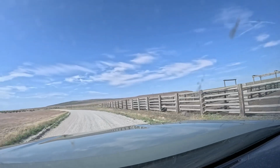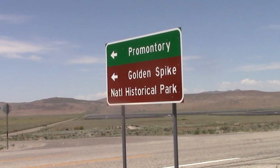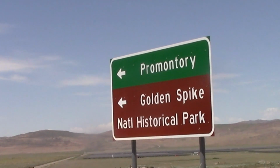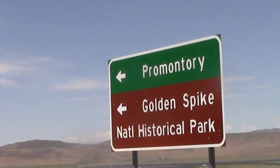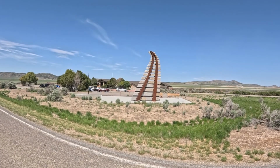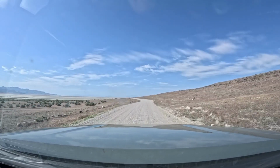Here are a couple scenes showing what the drive to get out to the Spiral Jetty looks like. Your starting point will be the Golden Spike National Historic Park. Now, if you've ever been out there, you probably already know how it can feel like the end of the earth. The place seems really distant and isolated, but we're going to go even 16 miles further